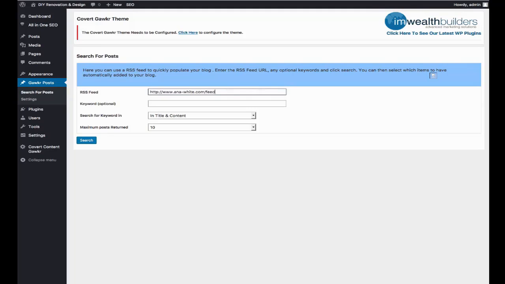What we need to do here is just put in an RSS feed from a blog that we're interested in finding posts from. We can put in keywords here. Put in a keyword here to only find posts that contain that keyword from the particular RSS feed, which can be very handy too if you want to be very specific. You can search for that keyword in title and content, or in the title of the post only, or in the content of the post only. And finally, you can select how many posts maximum will be returned. I'm happy with 10. Don't want to use a keyword right now, so we just hit search,